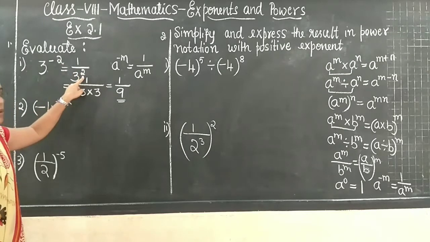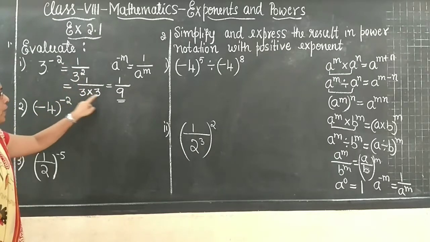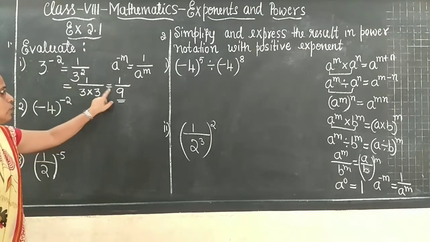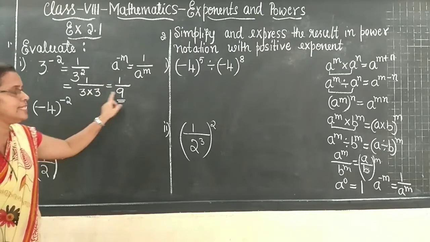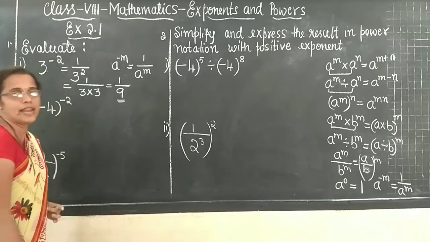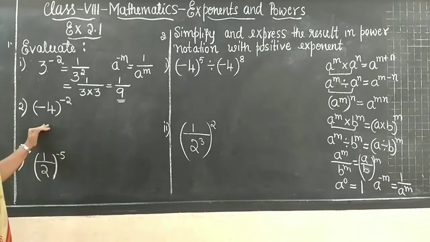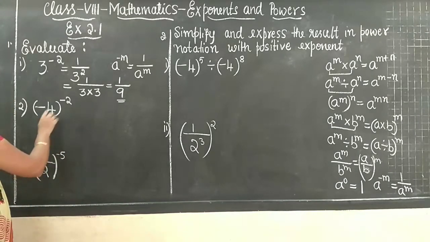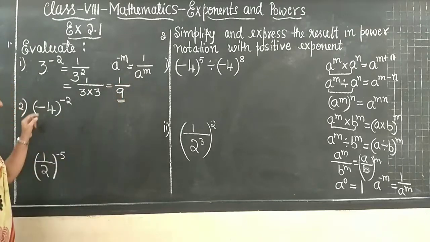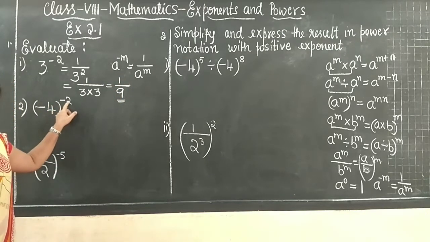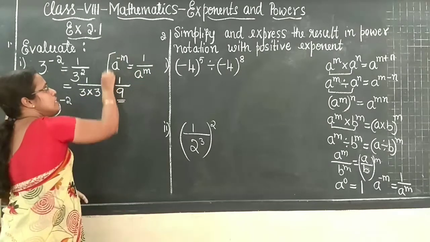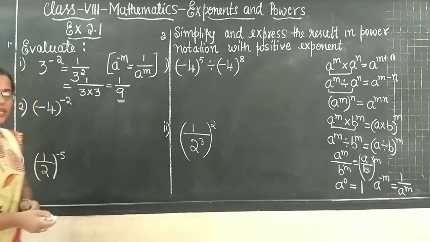When 3 to the power 2 became positive, you can multiply it how many times? 2 times, 3 multiplied 2 times. It will become 1 by 3 3s are 9. Can you make out, children? So even the steps will be the same here. See here, children, again the same formula: a to the power minus m is equal to 1 by a to the power m. This is the formula.